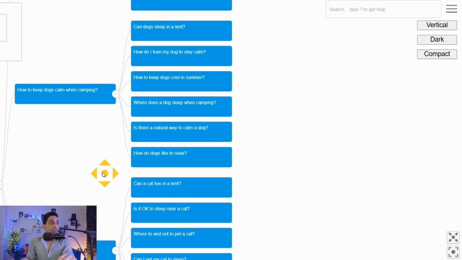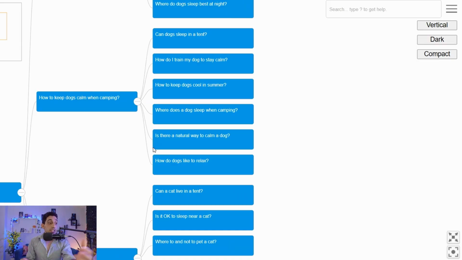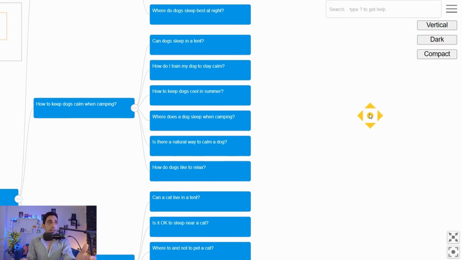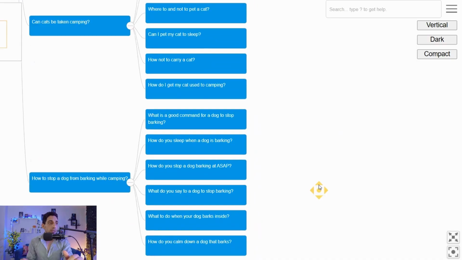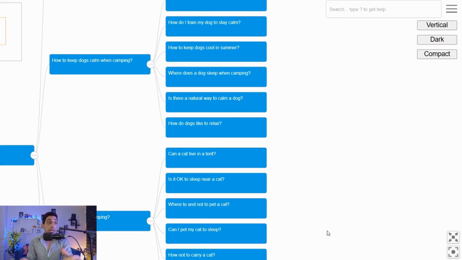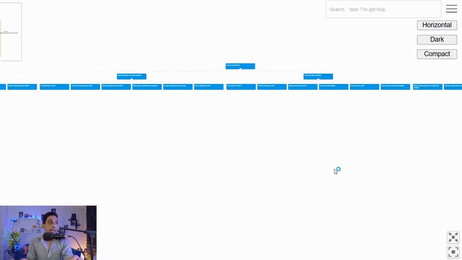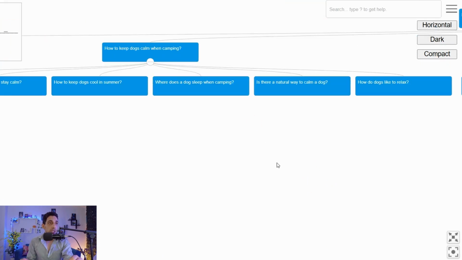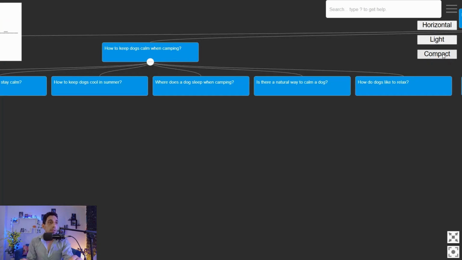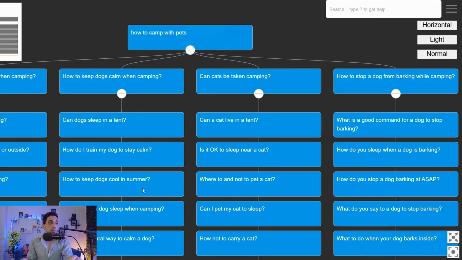So now for sure you can find this tree-like format. Here you can find an easy way to navigate all these questions, okay, to make tens of these ebooks around this specific niche or this specific topic. So here you can make this vertical view, okay, and then zoom in, zoom out as you want, for dark mode, for compacted as you observe.